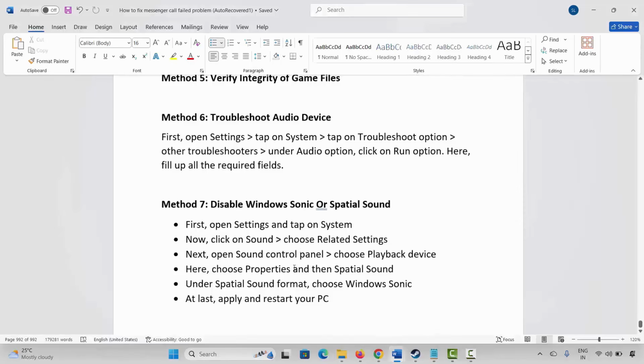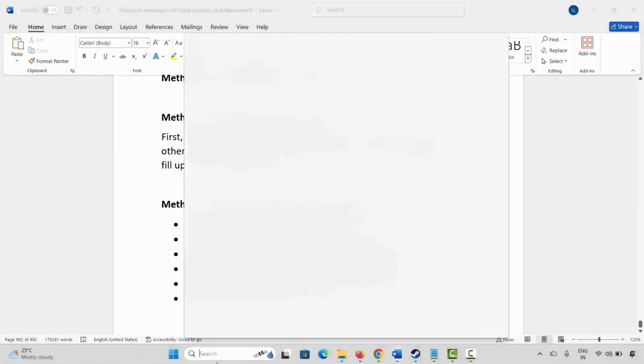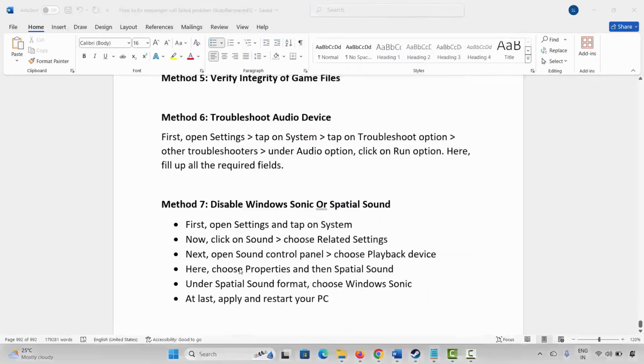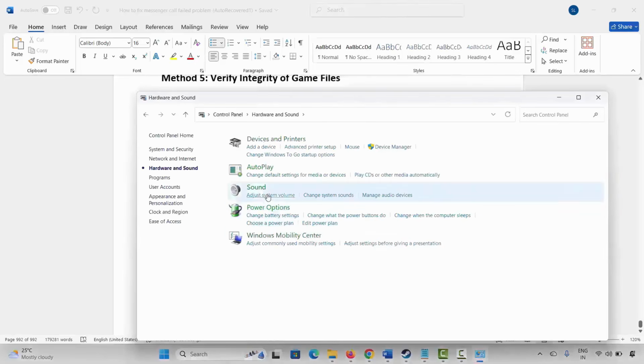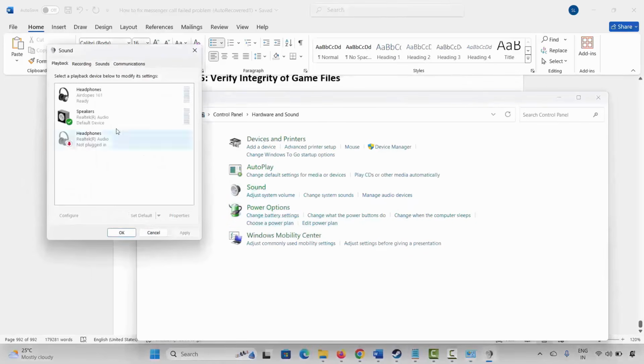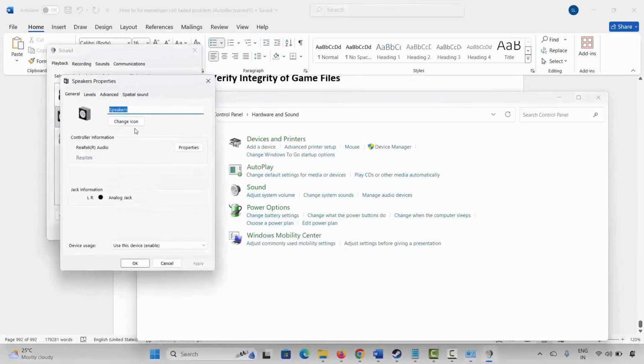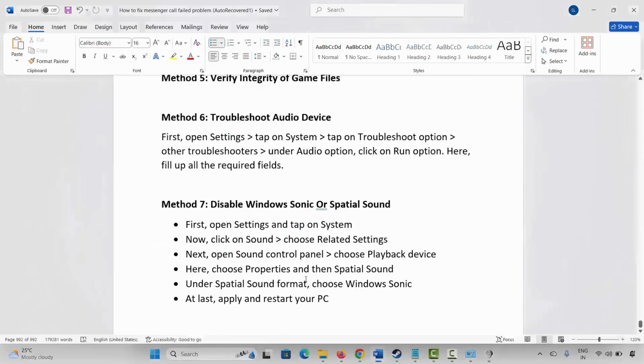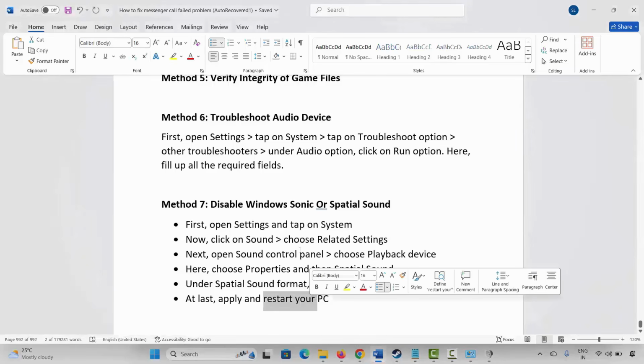If not, next method is to disable Windows Sonic or spatial sound. For that, go to the Windows search over here, click on control panel, then go to hardware and sound and click on sound. Now select your speakers, right click on it, click on properties. Now go to the spatial sound option, and here it is turned off. You have to select Windows Sonic, and after that click on OK and then check if the problem is resolved or not. But you are suggested to restart your PC once after applying all the changes and then check whether it's working or not. So these are a few suggested solutions that will surely help to fix